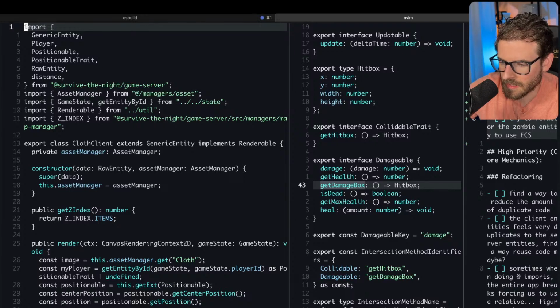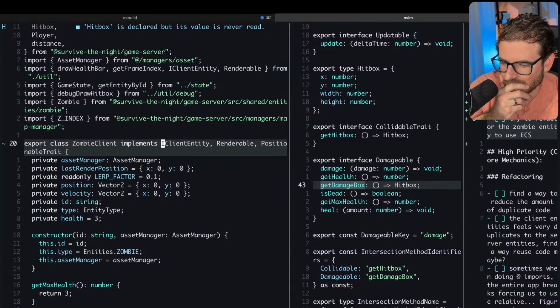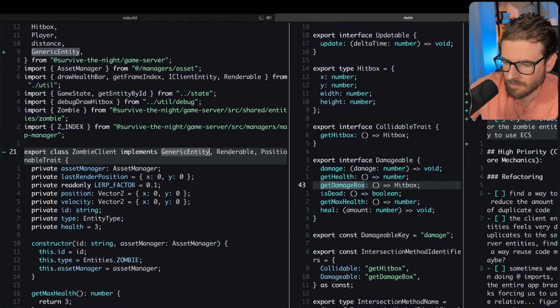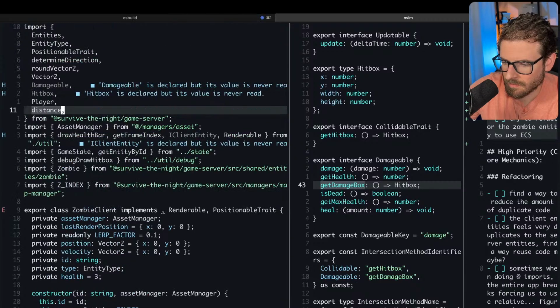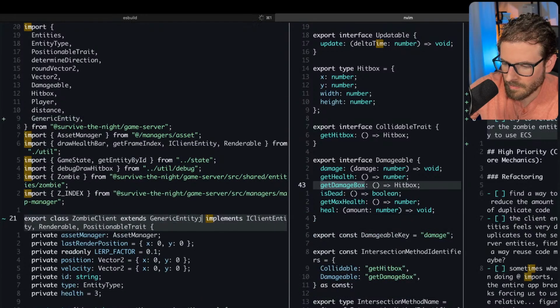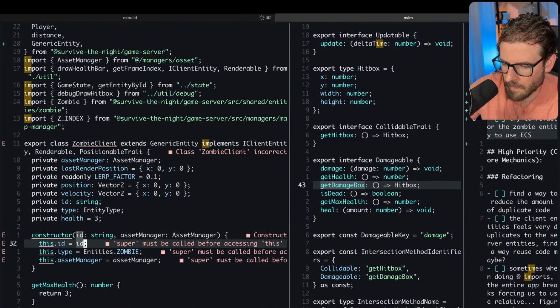Extends generic entity implements renderable. Super must be called before.